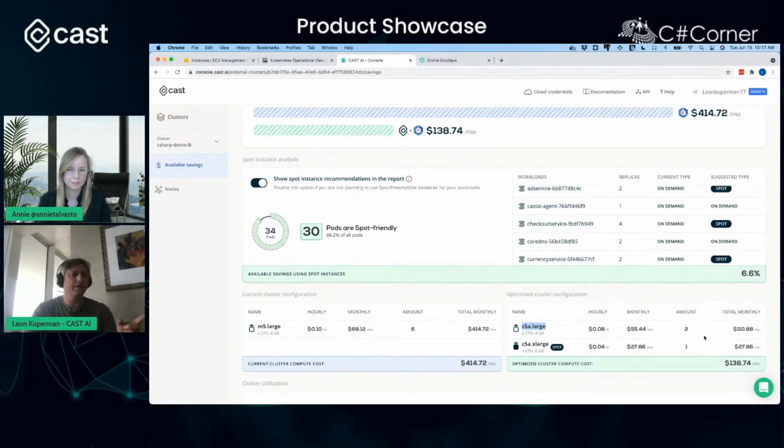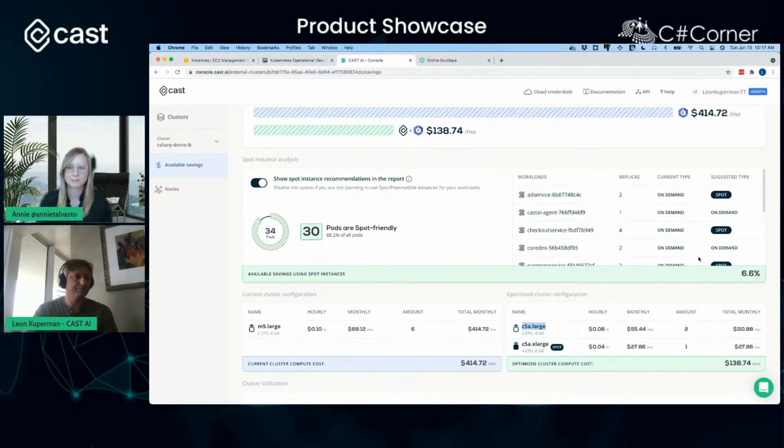So why are we recommending 3 nodes? Last point on the savings report. We're recommending 3 nodes because it's the minimal node count you need for a reasonably highly available setup, right? So you don't want to have a single point of failure. You don't want to have 1 node. So we recommend an odd number of nodes, either 3 or 5. And in this case, we're recommending 3 because of the size of the workload.